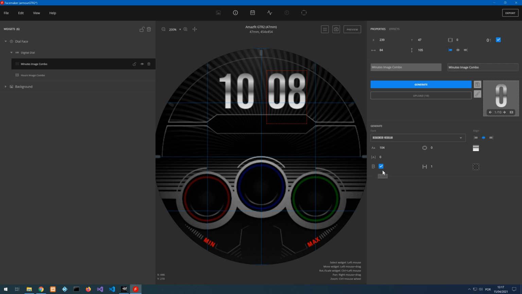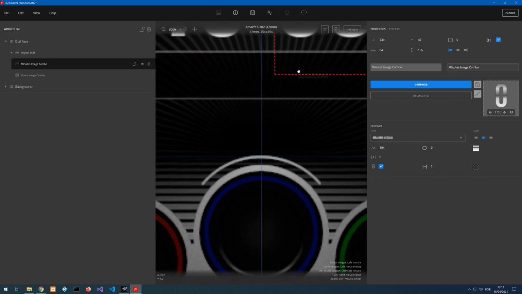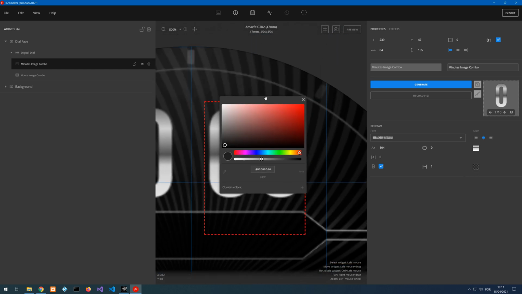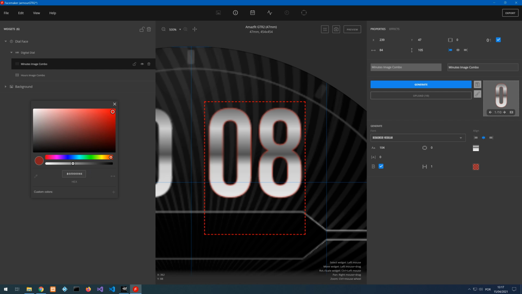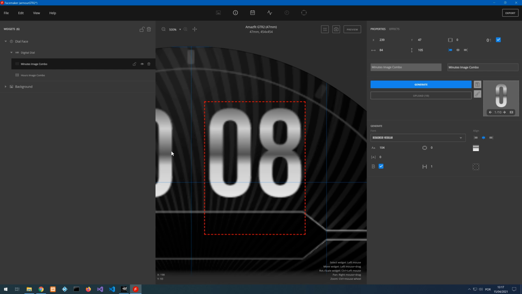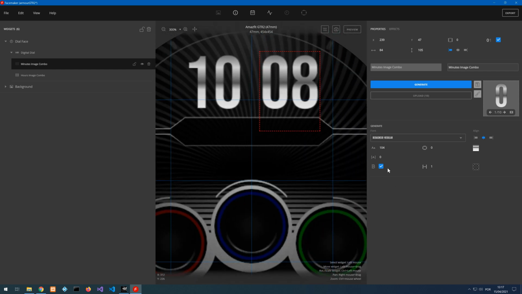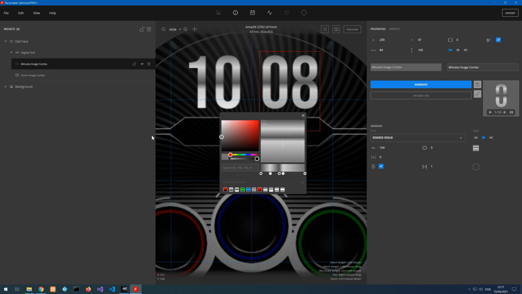You can also add borders. In this case I added a 1 pixel border. You might not be able to see it, but if we change the color here and increase the opacity, you'll see what we've done. I reverted back to black, like this. Just keep in mind you can use borders, and you can also give it a fill